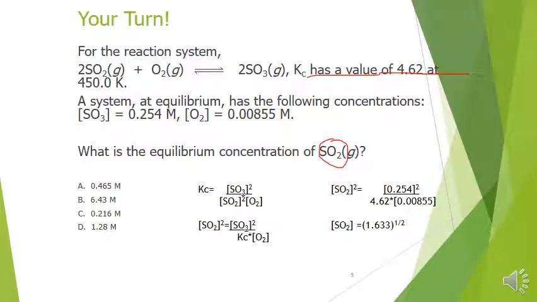So you write the equilibrium expression, product over reactant, and then rearrange the equation for SO2. You get that. And then plug all your values in. Everything goes here. Do the math, and then take the square root, and you get